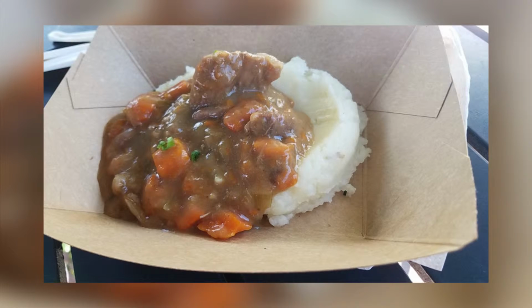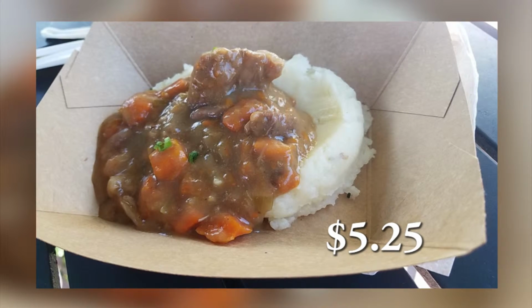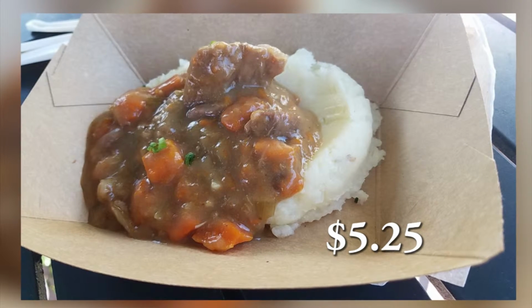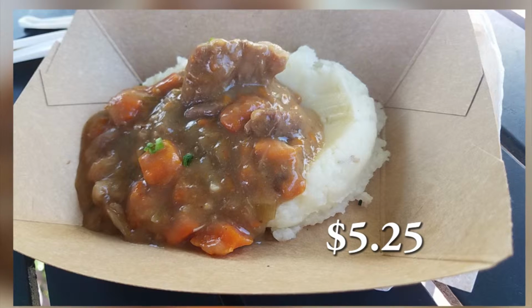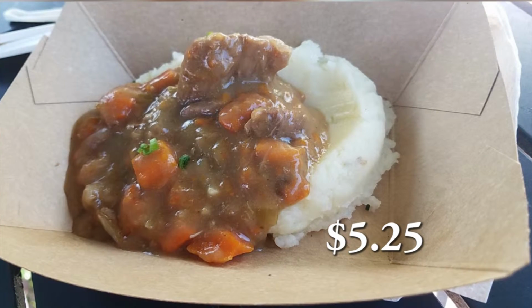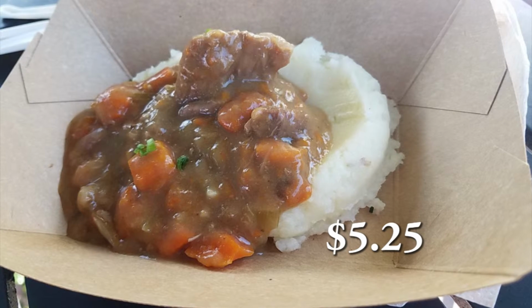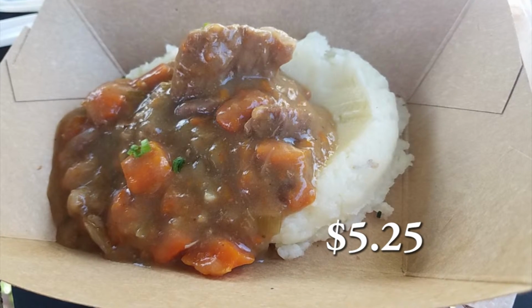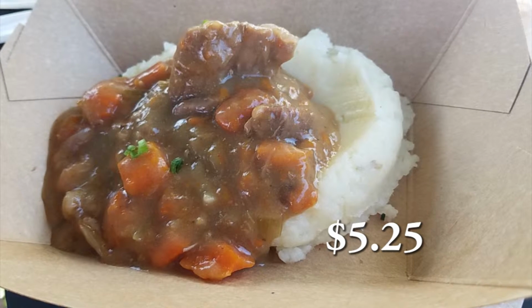In Belgium, I tried one of my favorite dishes from the festival last year, which was the beer braised beef. I felt that it was not as good as last year, though. I'm not sure if it was because we tried the beef stroganoff, which was amazing, earlier that day, or what, but I will say there were a lot more carrots in the mix than there were last year, and the